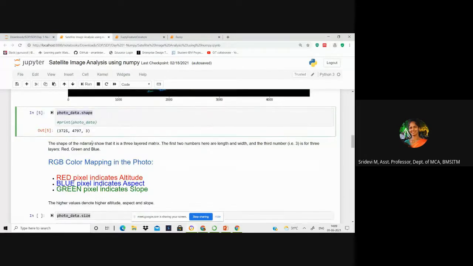As I already explained, colors will be represented in the form of primary colors, RGB: red, green, and blue. Now every color intensity lies between 0 and 255. So if you take intensity as 12 or 13, that color will be of low intensity. But if you take 250 or 255, that color will be of high intensity in that pixel. Okay, for this I have shown you.